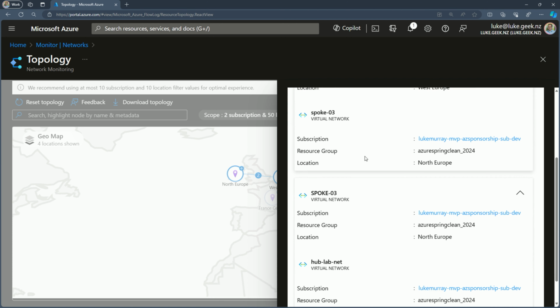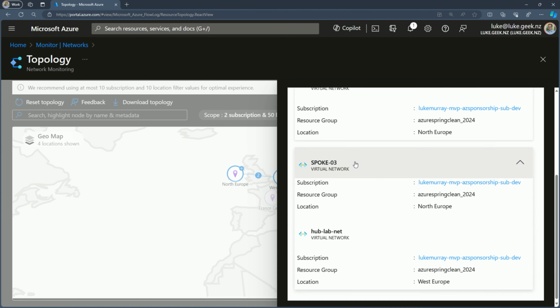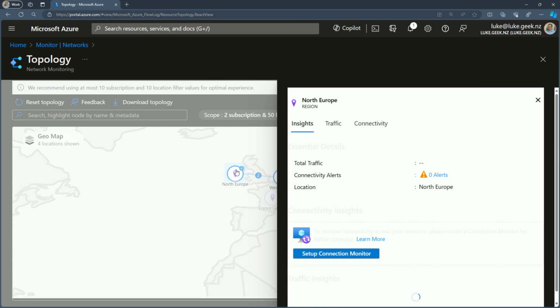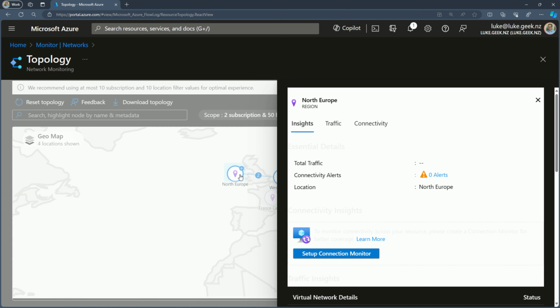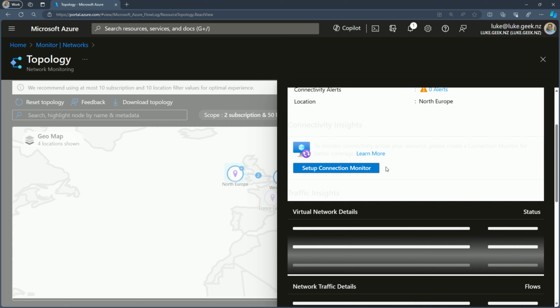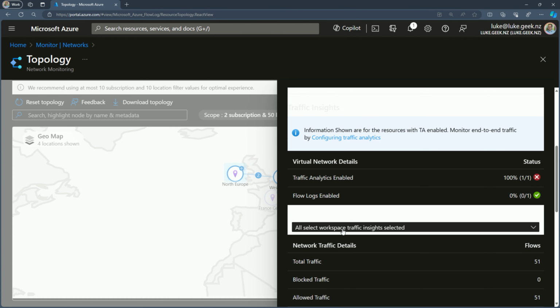And I can expand this and drill into it further. So you can see all your spokes, the location, the resource group. I can click on the resource. I can see the insights. I can set up connection monitor from here. I can see the virtual network details, whether or not flow logs is enabled, the